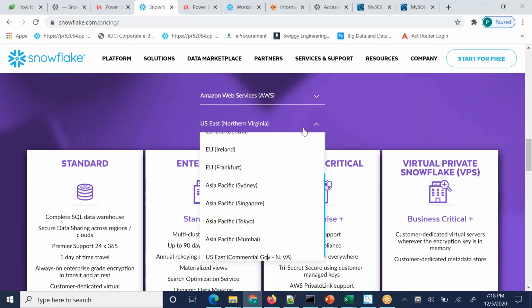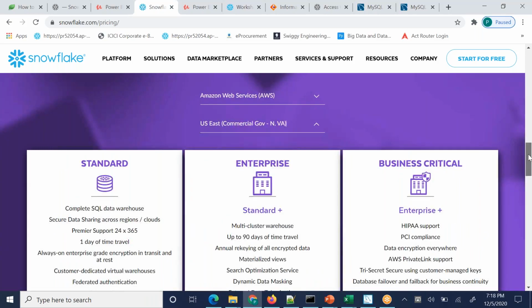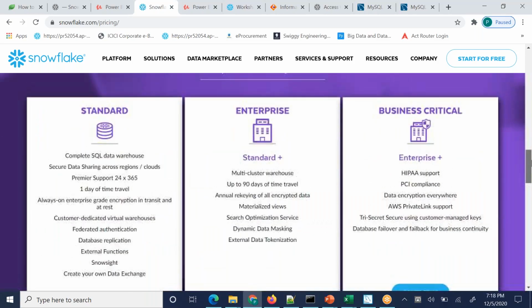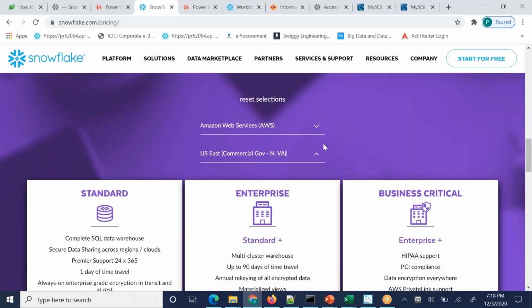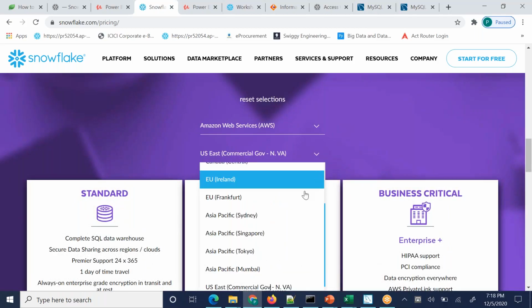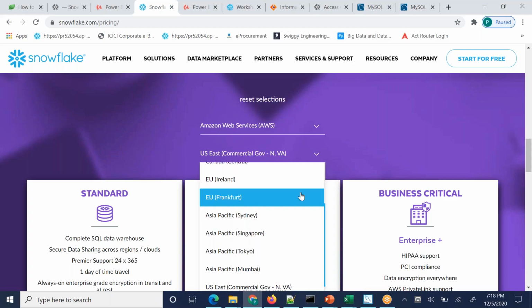So APAC, and the nearest one for India is APAC Mumbai. Then there's US East Coast, commercial, government, Northern Virginia. This one is for the government agencies, and the price is like this. For the pricing of the government agencies, you have to talk to them. If not, if you choose any of the others, like East Coast or West Coast,